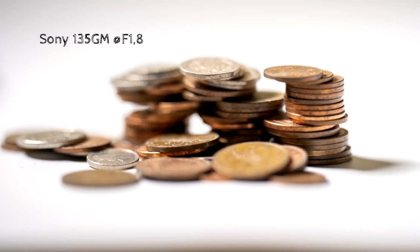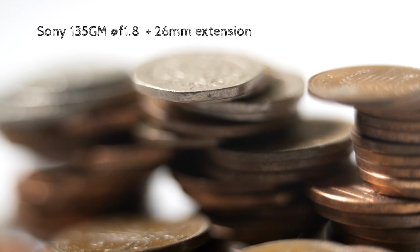And then shooting wide open, it's super soft with really shallow depth of field. As you can see there, a couple of the coins are in and out of focus depending on their line in the shot. It just works quite nicely, but it's not really usable as an image. As you can see here, moving on to the extension tubes, we then have the 135 G Master at f1.8